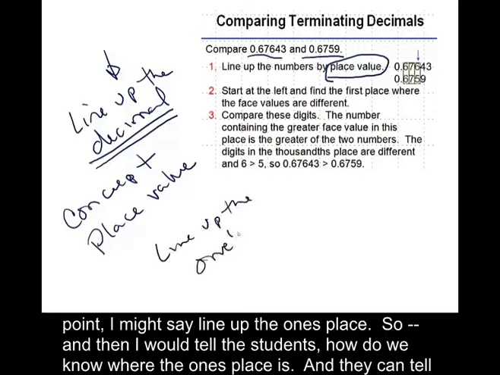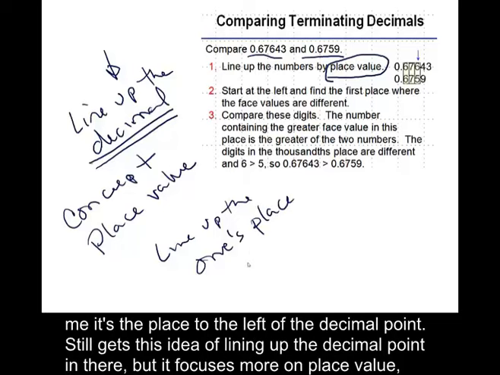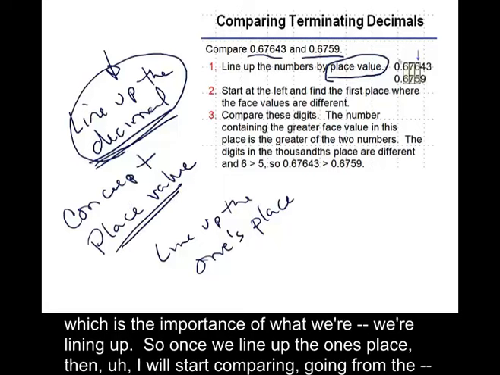And then I would tell the students, how do we know where the ones place is? And they can tell me it's the place to the left of the decimal point. Still gets this idea of lining up the decimal point in there, but it focuses more on place value, which is the importance of what we're lining up. So once we line up the ones place,